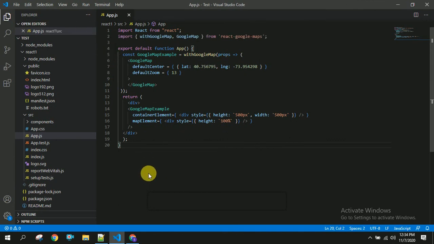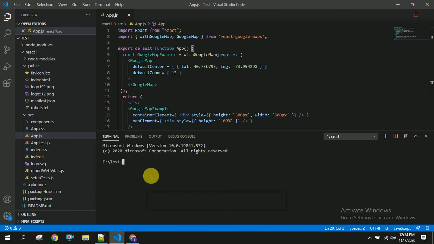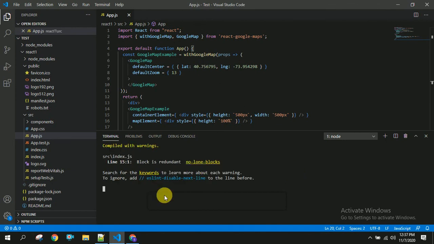Once this is done, you have to open your terminal and start your application by doing npm start. It got compiled and ran successfully.